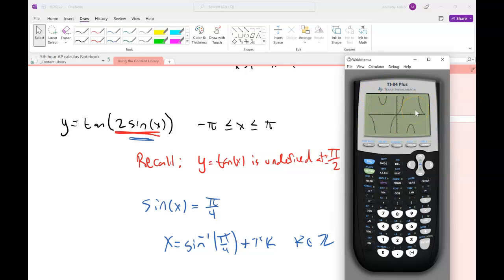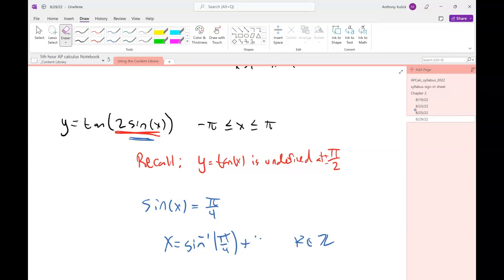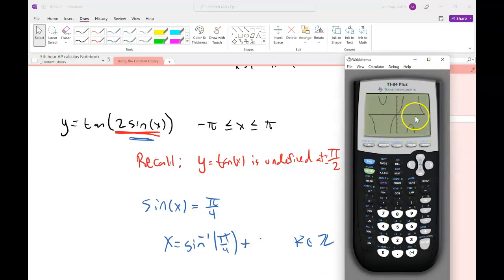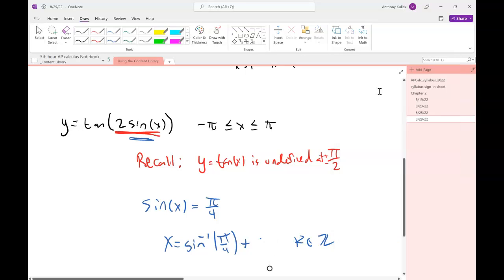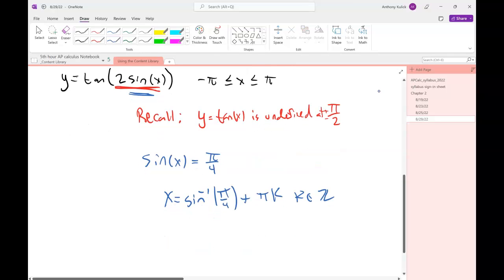So that's not right. So we have this one, and then we have this one that'll be at the same spot, but it's minus pi units, right? Yeah, so that was fine. But we have another set, because sine is positive,